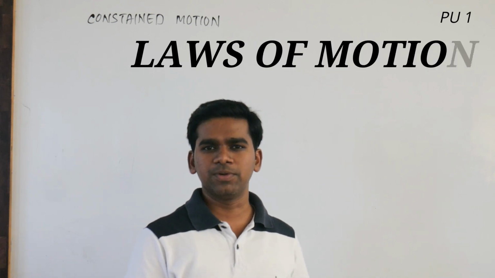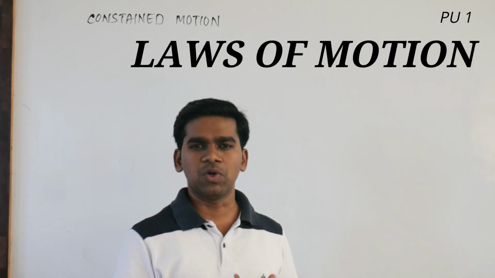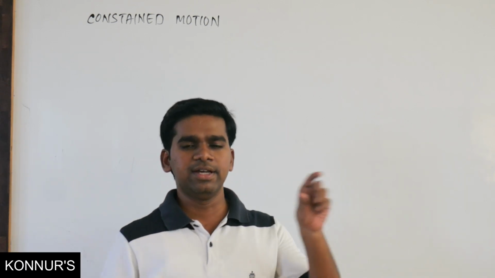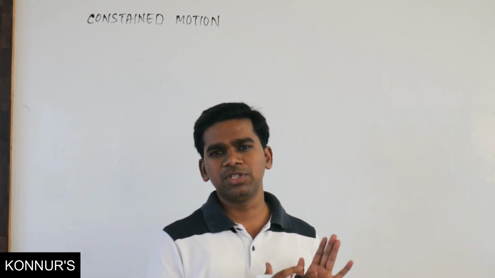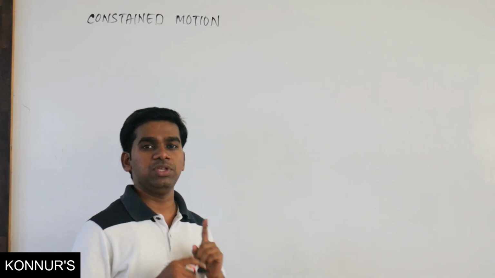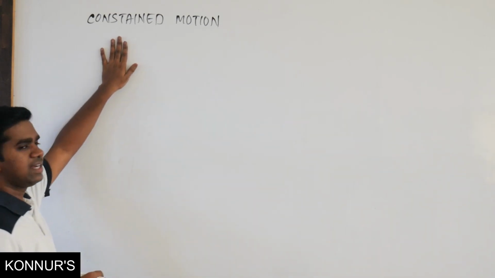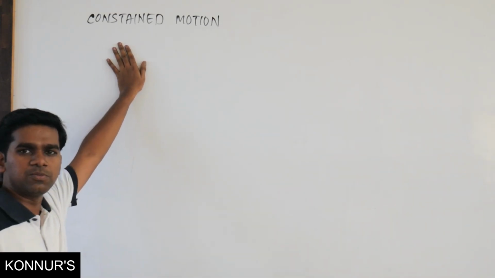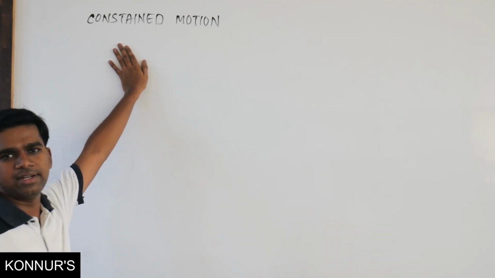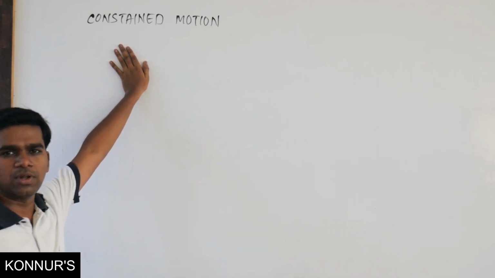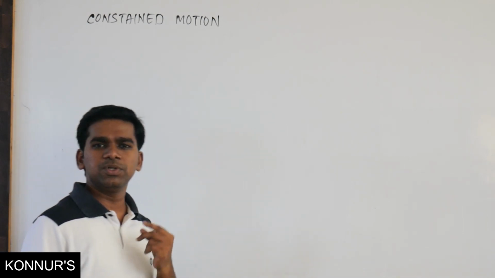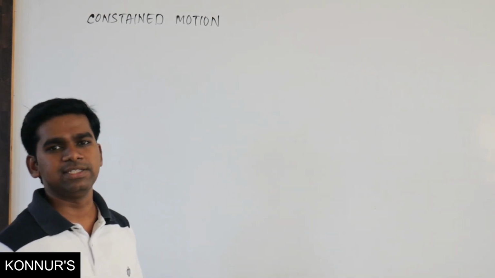In the last session we discussed how to solve problems on tension and normal force, and how to handle them when a pulley and a string are connected. We have seen all those problems, but today's session is very important because we are going to talk about constraint motion. When pulleys are also moving and masses are also moving, it is quite difficult to solve the problems, but I am going to give you two important methods by which we can easily solve them.